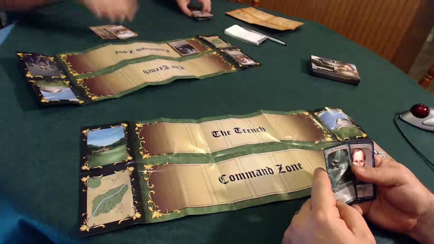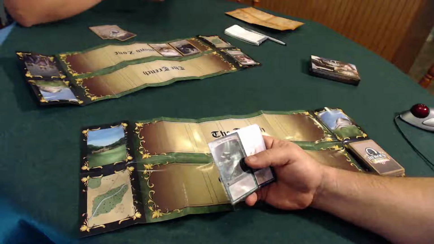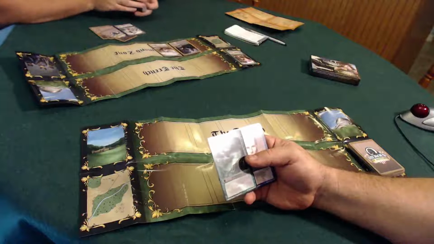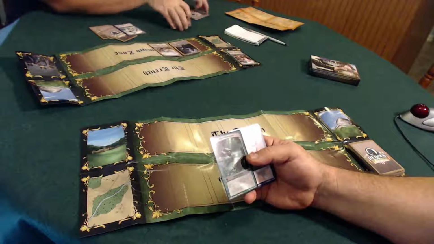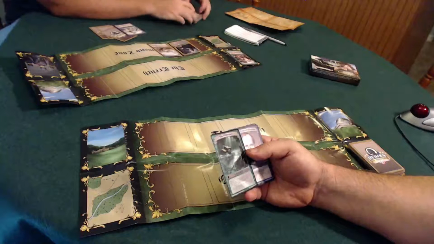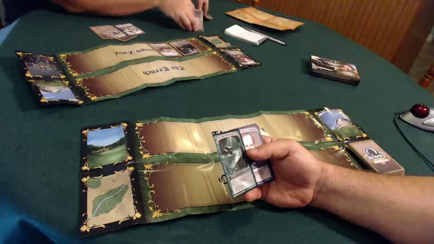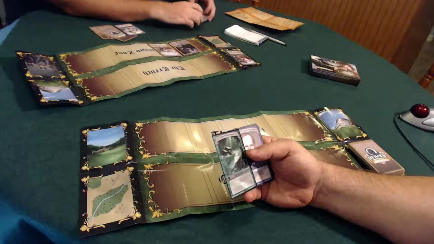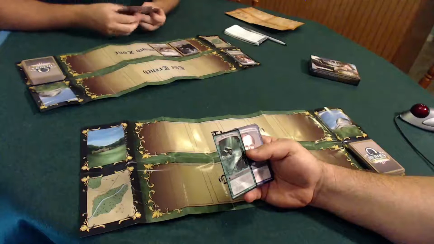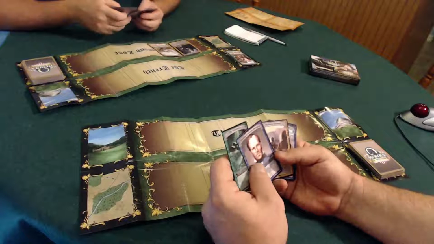I'm not going to really shuffle it that much though because I'm going to play Reinforcements. So search my deck for a combatant of my choice. It's George Washington. Oh, of course. Okay. All right, so now I have to shuffle my deck. Okay. Now I'm going to play him to my